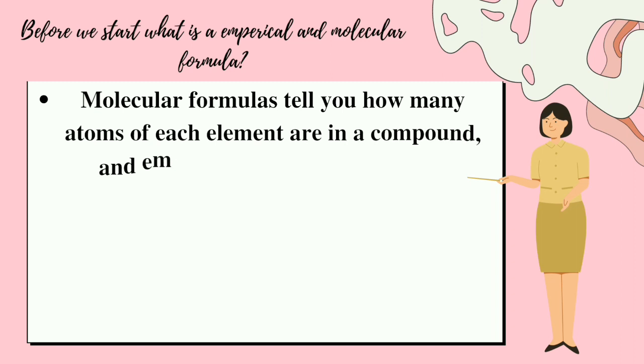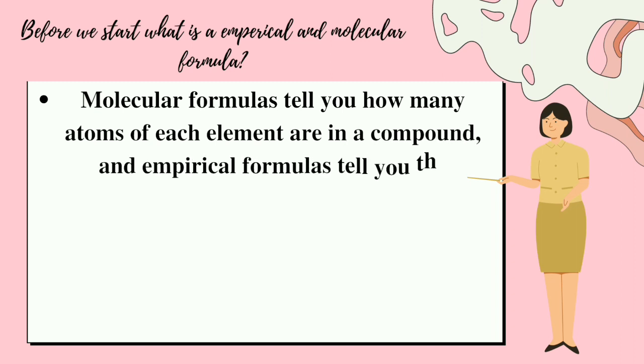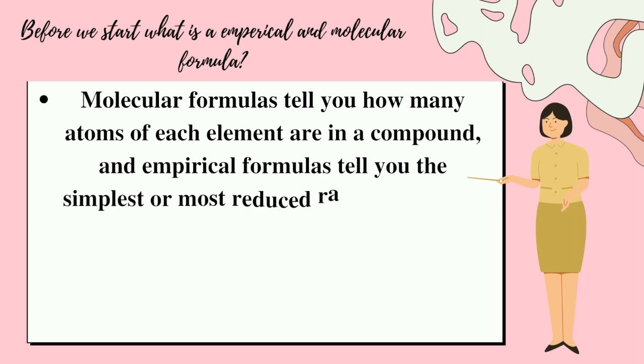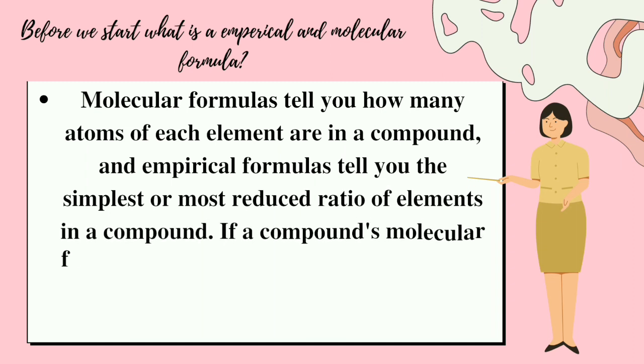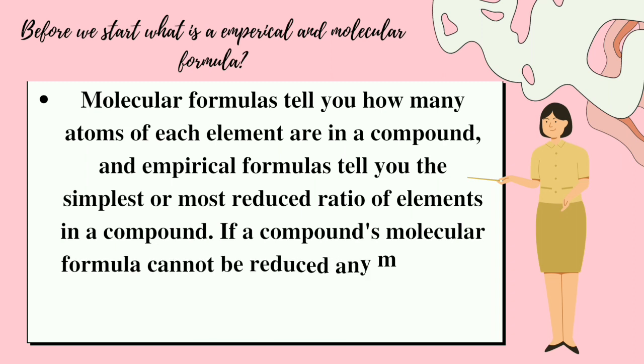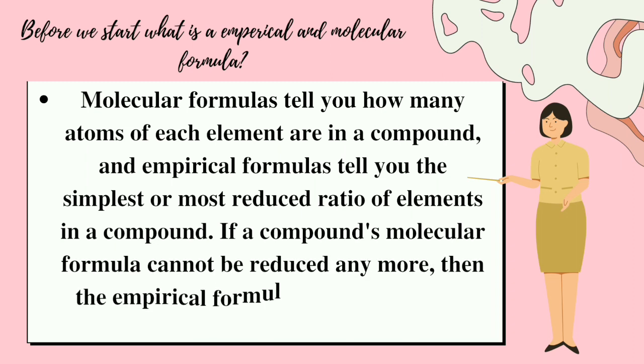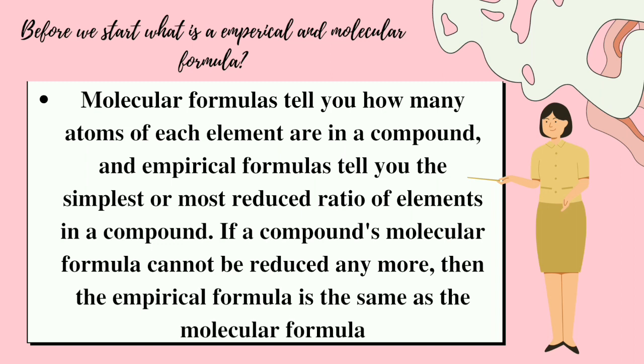Molecular formulas tell you how many atoms of each element are in a compound, and empirical formula tells you the simplest or most reduced ratio of elements in a compound. If a compound's molecular formula cannot be reduced any more, then the empirical formula is the same as